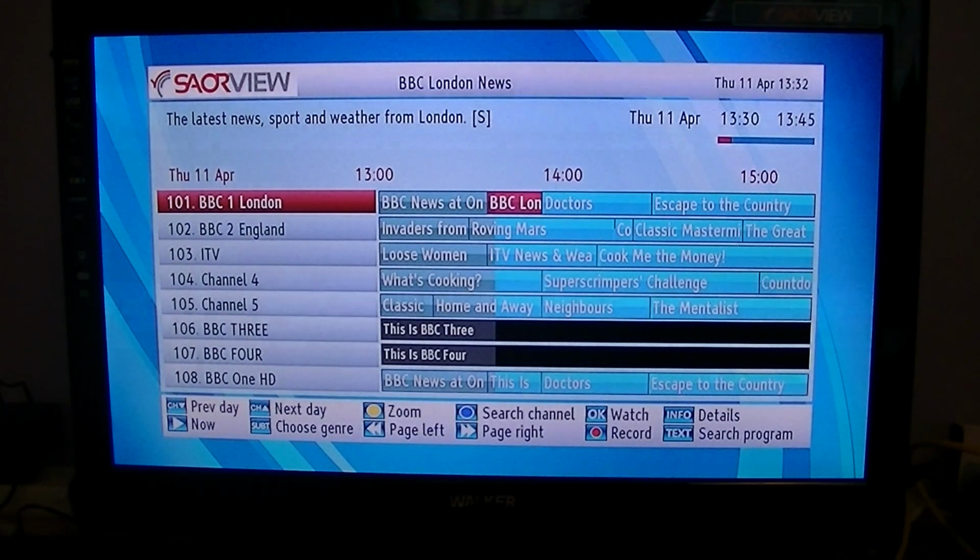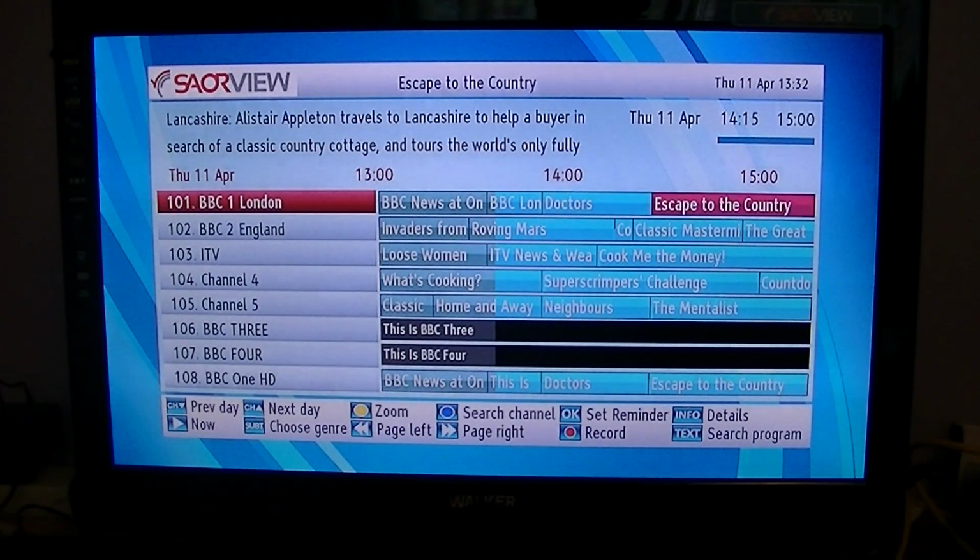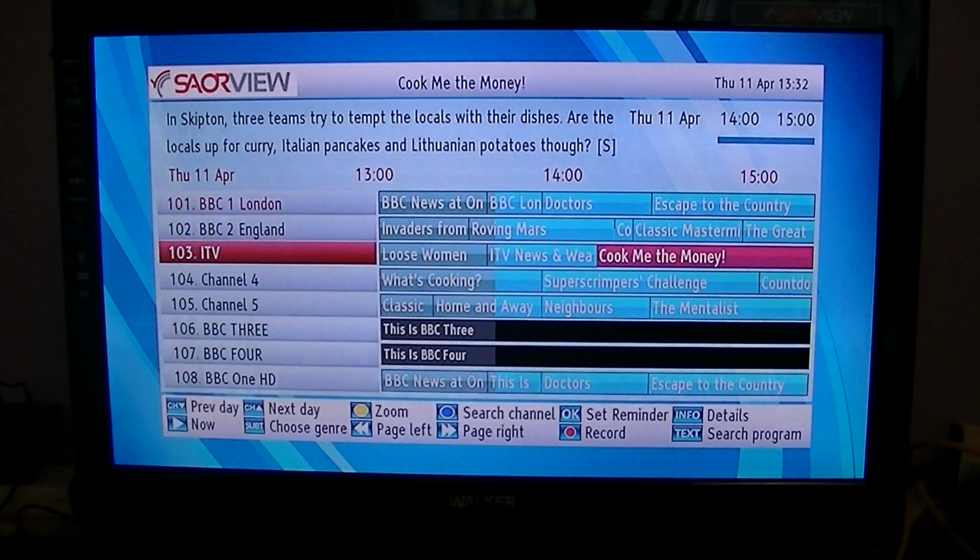7-day EPG, what we've noticed from our playing around with it, is if you start to go nuts with the remote control, the system will hang a bit or go a bit slow or not respond as quick as you may like, or something like this. But if you just take it handy with the remote control and just move around,